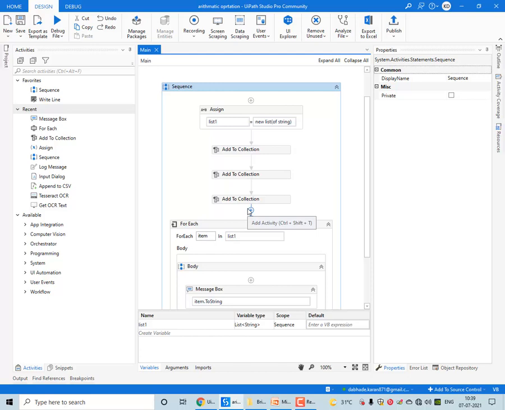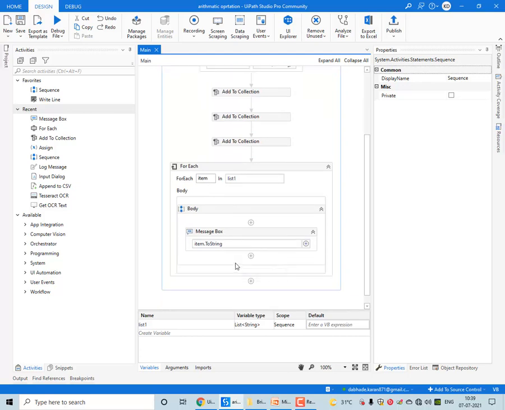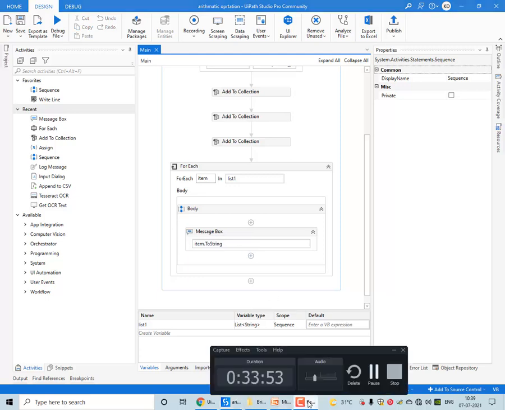So how have we defined a list? We have to define the list variable with the data type list of string. We have to initialize it with the command new List of String. We have added items into it, and to display the output properly I am using For Each, giving the variable name list1 and displaying the message box with item.ToString.